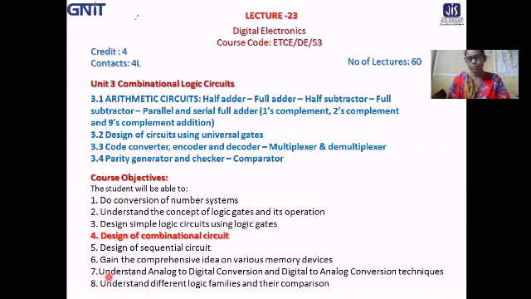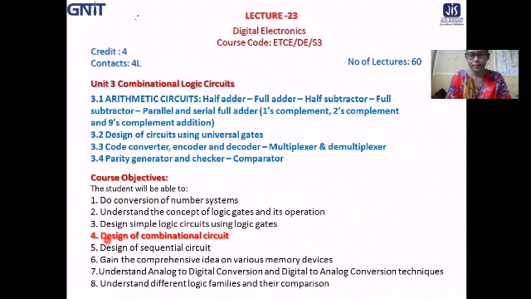So the course objective that will be fulfilled in lecture number 23 is design of the combinational circuit, because here we will be designing the combinational circuits. This course objective, number 4, is given in red color and it is also in bold. That's why this course objective, design of the combinational circuit, will be fulfilled after the completion of lecture number 23.